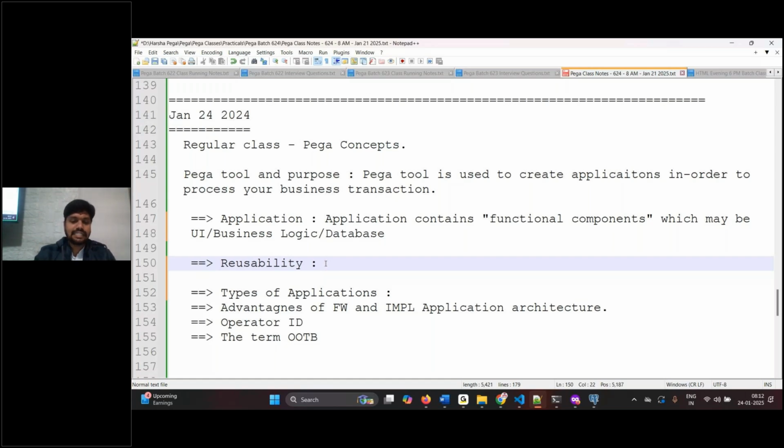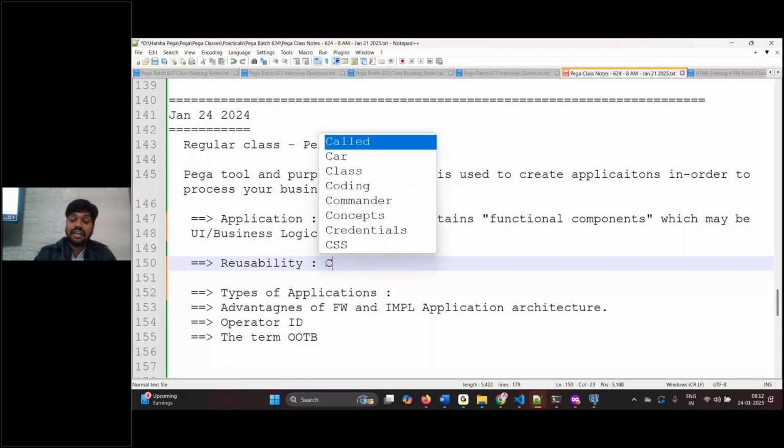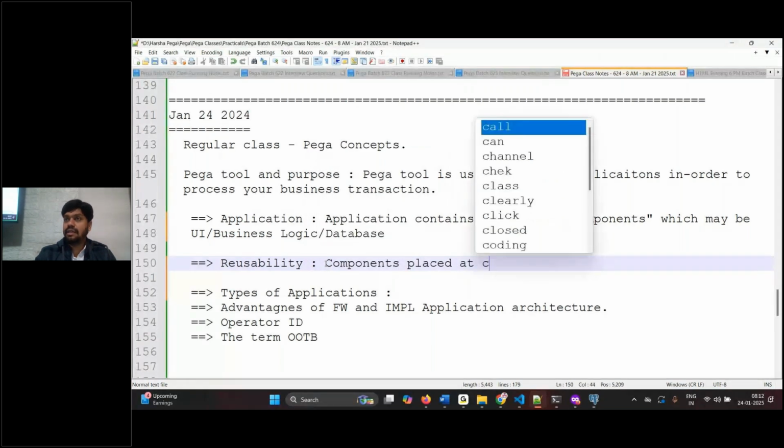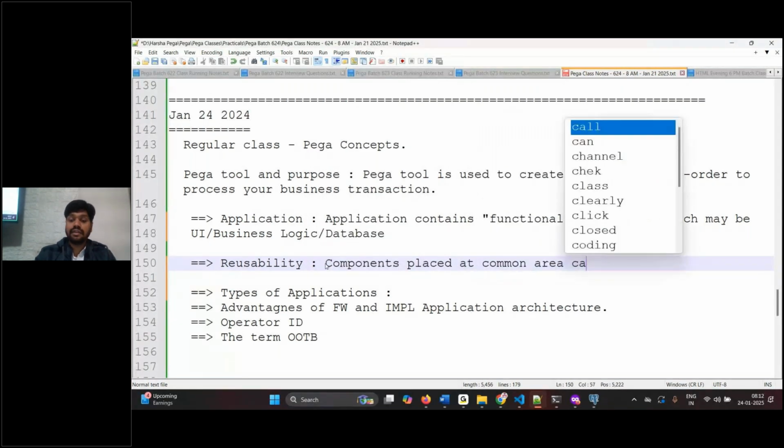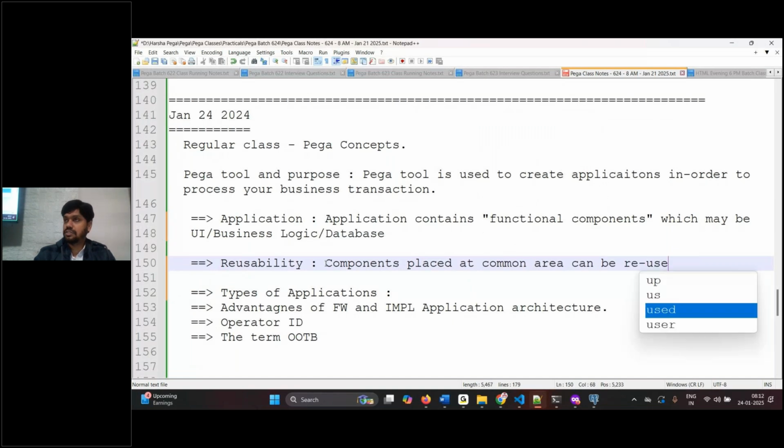So components placed at a common area can be reused. That's fair enough as of now. In a general way, components placed at a common area can be reused, obviously. If I want to provide drinking water to all of you sitting here in the classroom, 10 students, and I supply 10 water bottles,